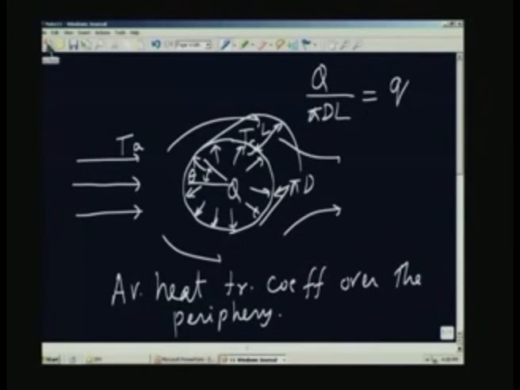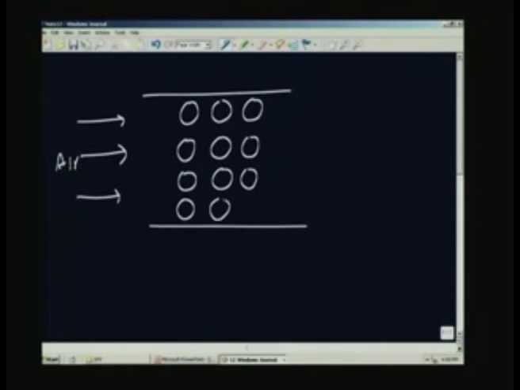So, let me just show a typical application. Suppose I have a tube carrying, for example, air. I may have a bundle of tubes like what is shown here. This is a tube bundle,